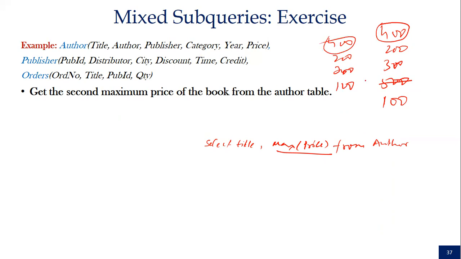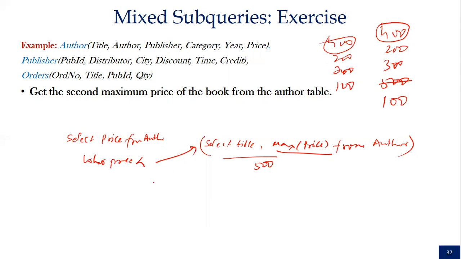यस सर, आ जाएगा। तो मैं इसमें से 500 कैसे रिमूव करूंगा? मैंने यहां से 500 निकाल लिया, मेरे पास यहाँ पे रिजल्ट क्या आएगा? 500। अब मेरे को वो प्राइजेस चाहिए जो 500 से छोटी हैं। इज दैट ओके? यस सर। तो मैं एक क्वेरी लिखता हूं, सिलेक्ट प्राइस फ्रॉम ऑथर वेयर प्राइस लेस देन दिस। इज दैट ओके? क्यों?